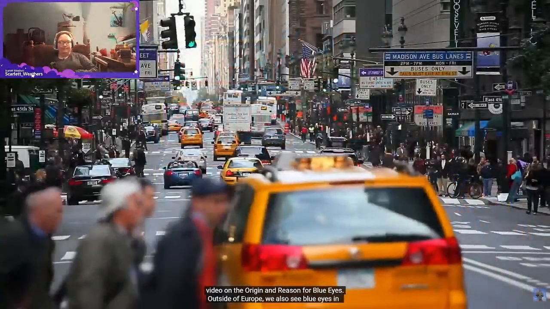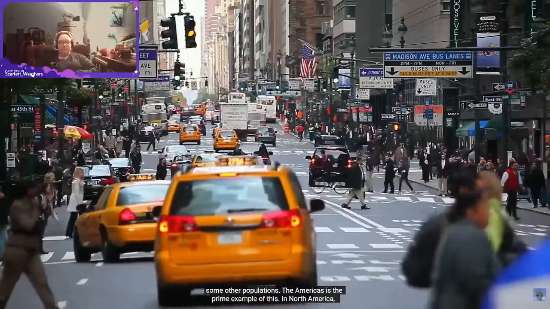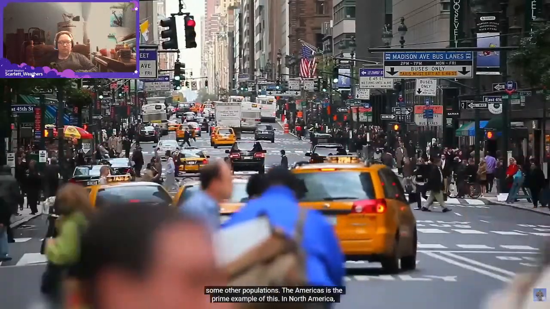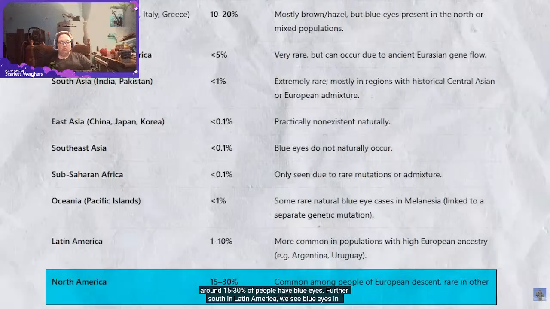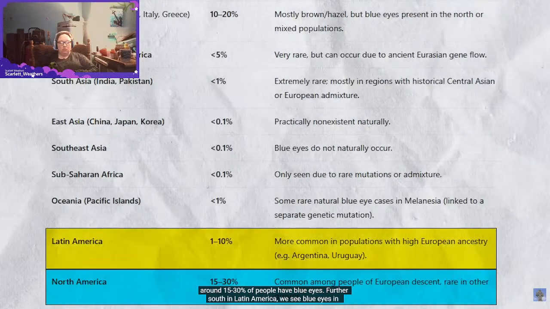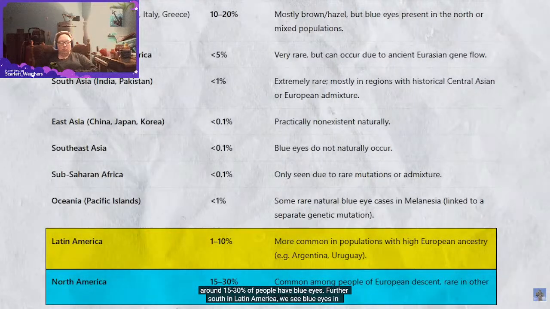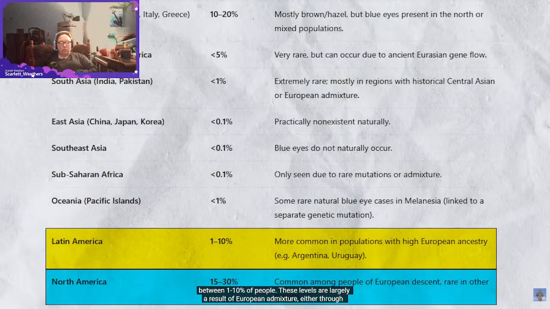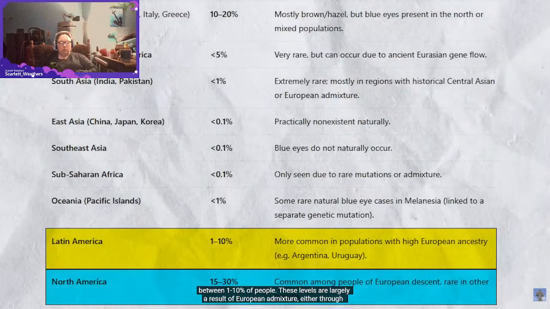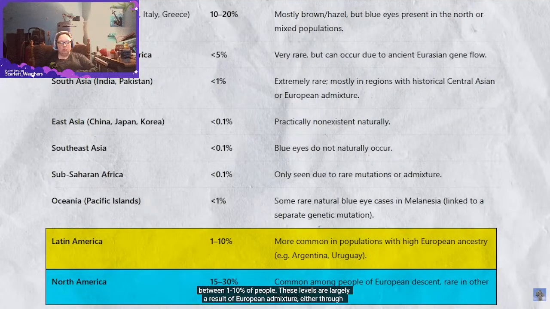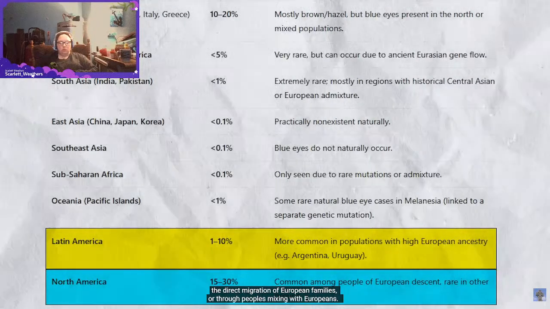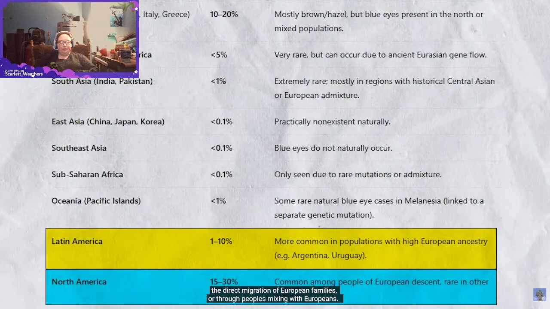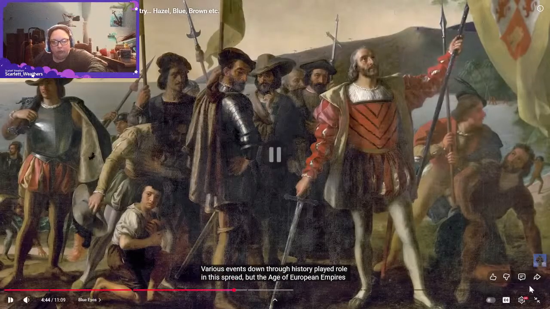Outside of Europe, we also see blue eyes in some other populations. The Americas is the prime example of this. In North America, around 15 to 30% of people have blue eyes. Further south in Latin America, we see blue eyes in between 1 and 10% of people. These levels are largely a result of European admixture, either through the direct migration of European families or through peoples mixing with Europeans. Various events down through history played a